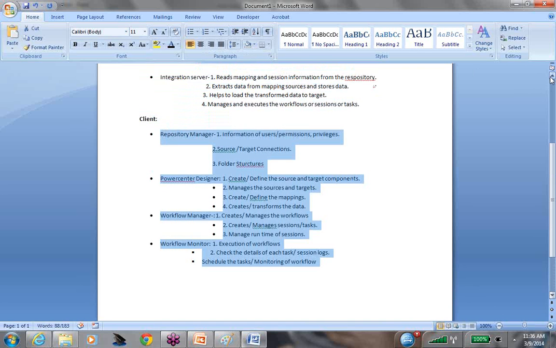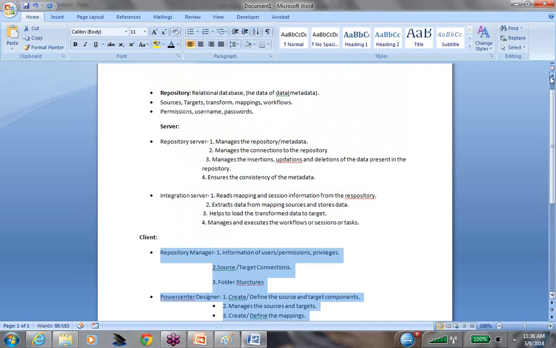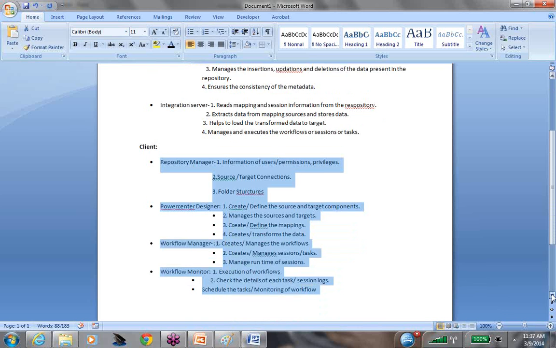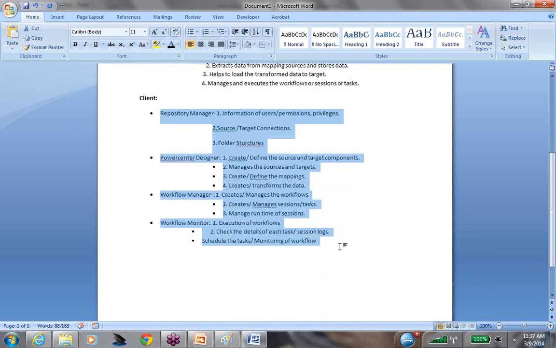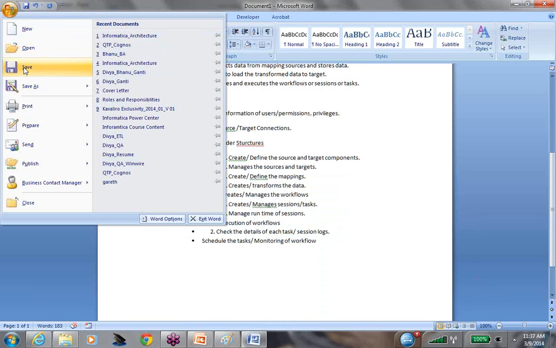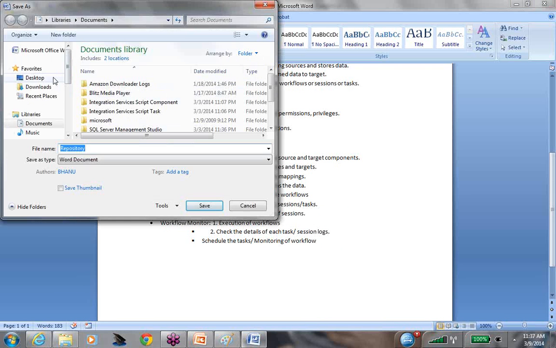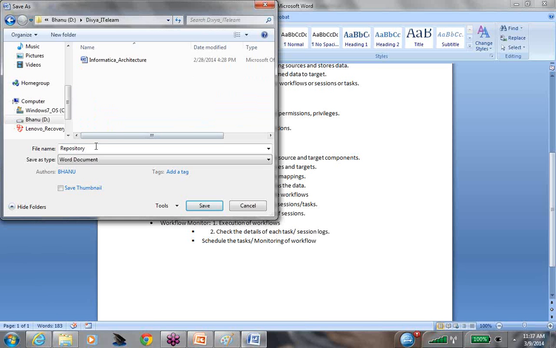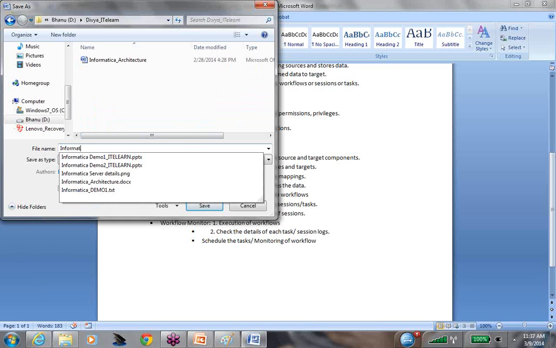So there we have learned about what is a repository, we have seen what a server is doing, and what is the basic functionality of each component of the client tool of Informatica. So here we are, and we can learn more into that once we install the software, and then we'll be having practice with that. Okay. Now let me save this as Informatica